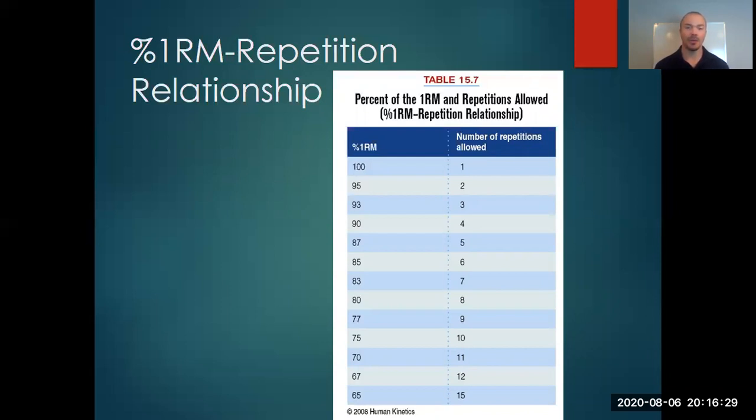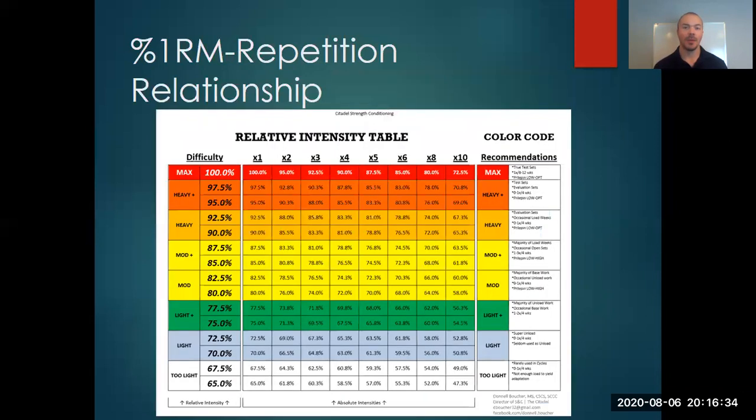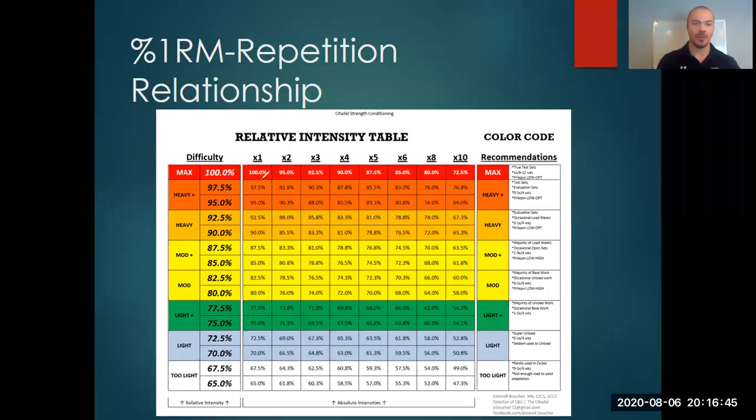So let's take a look at another chart that tells us a little bit of the same story but has a lot more information on it. So this relative intensity table is going to tell us some of the same information that that previous chart did. We're gonna bust out the drawing toy here. So at 1 rep, we are dealing with 100% of our capability, of our maximum strength. And as the reps increase, the load decreases. But if you're looking over here at the difficulty,